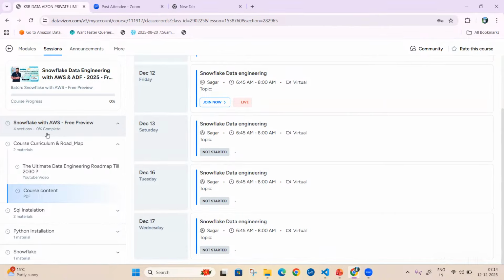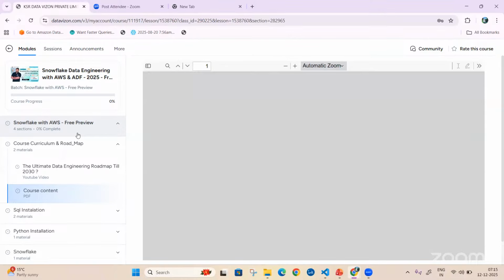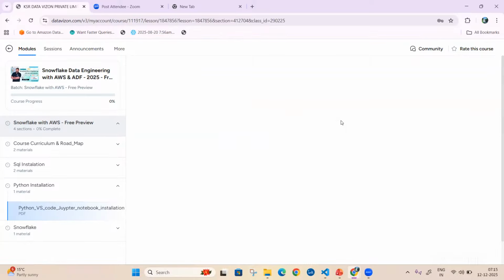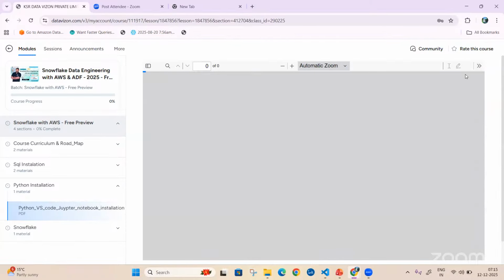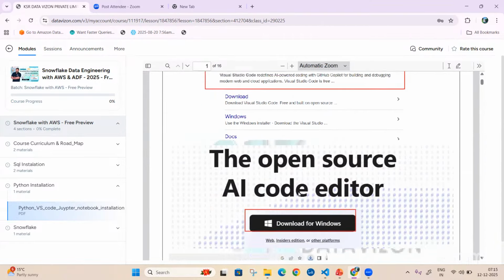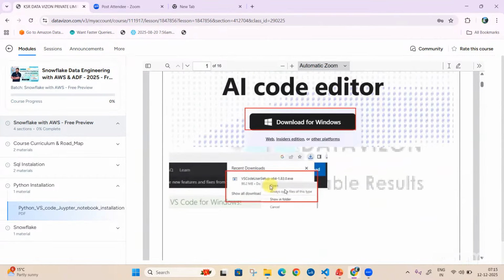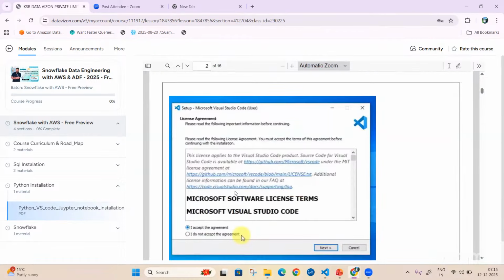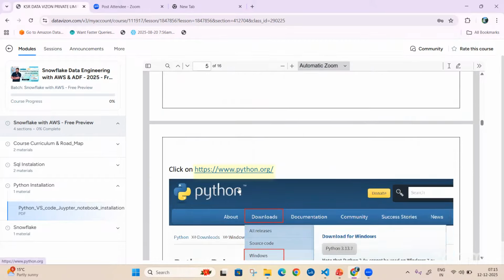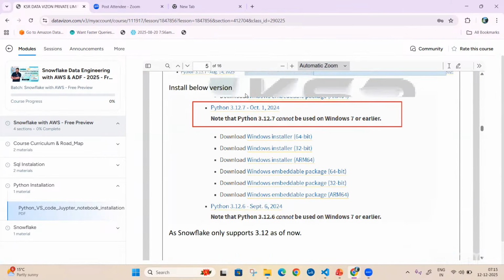Now, if you look at the module section, you have all these things, and we have something called the Python installation guide. If you click on the Python installation guide, you get each and every step of how to install Visual Studio. What is Visual Studio Code? How can you download it? What steps you need to follow, what you need to install, each and every step I have given. Please go and install this. And while installing, please install